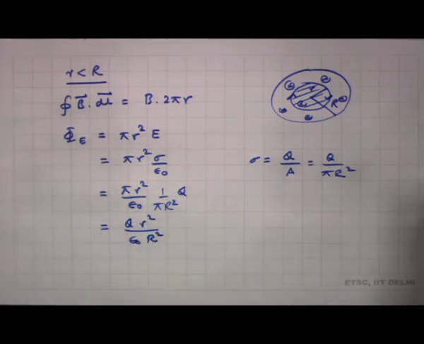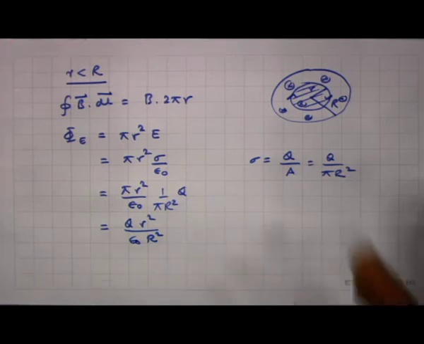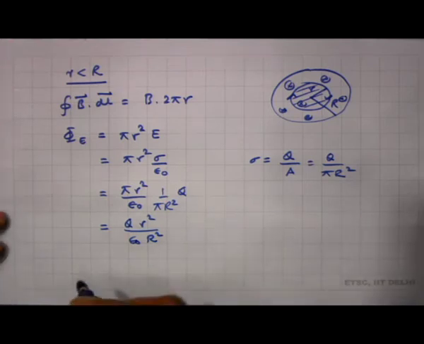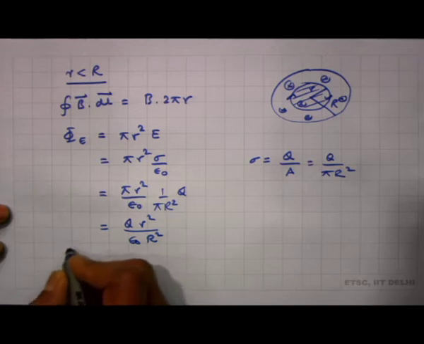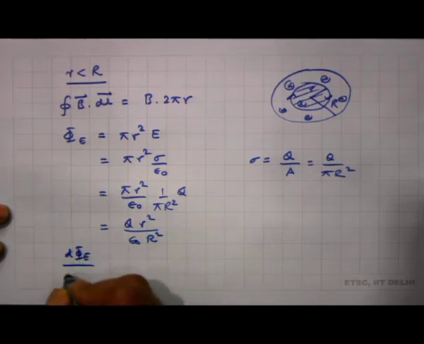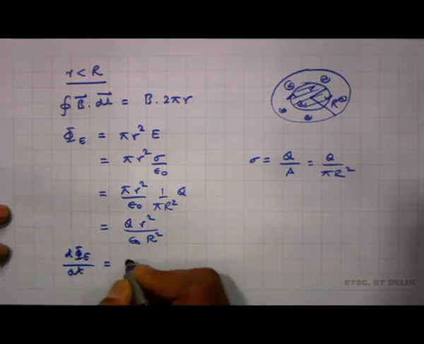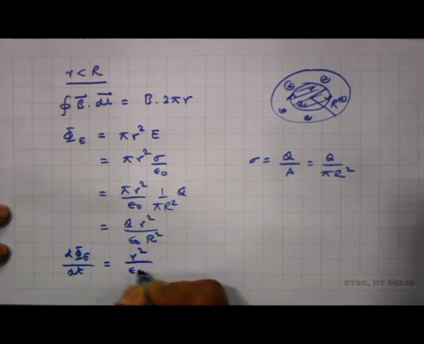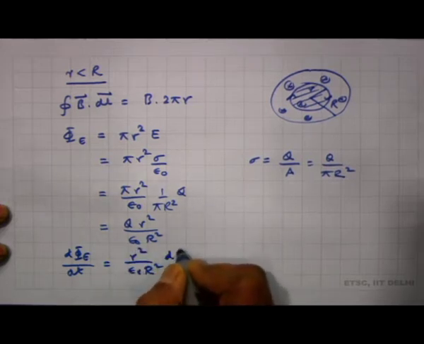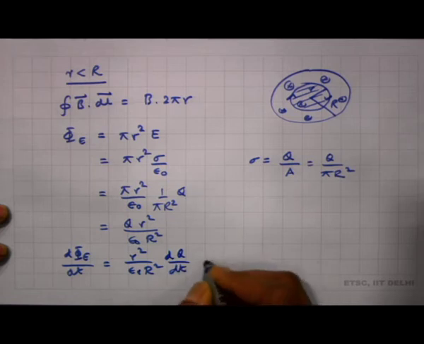That is the electric flux passing through this surface, and so d phi E by dt is r square by epsilon 0 R square times dq by dt,